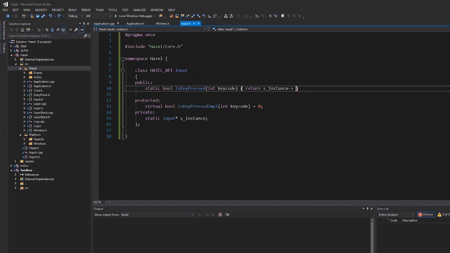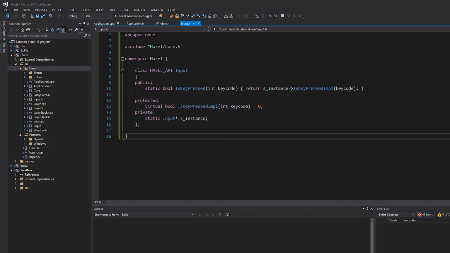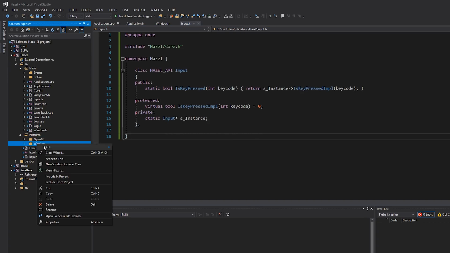So that's essentially how this whole thing is going to work. And then that's going to call that, and then there you go. Okay, so is key pressed calls the implementation, and then that obviously is something that will be implemented by your interface. So just to show you an example before I add everything else, in platform Windows,